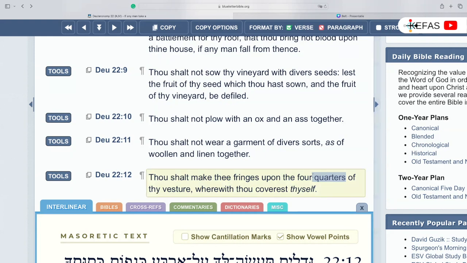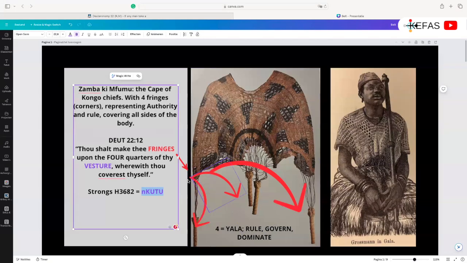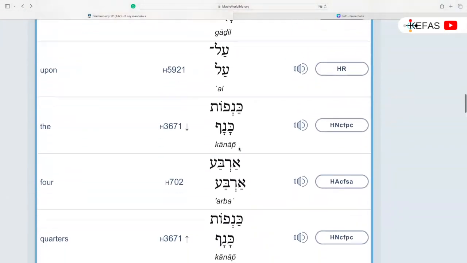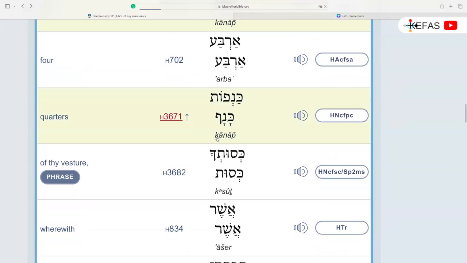Yes. So the 4 quarters of thy vesture, and that's what we see here. 4 corners. We have 1, 2, 3, left and right, and 3 and 4 in front and in the rear, in the back. Yeah. And there's a mystery to this, okay? And we will reveal this mystery in a minute. So when we look into the word corners, which is the biblical Hebrew kanap,